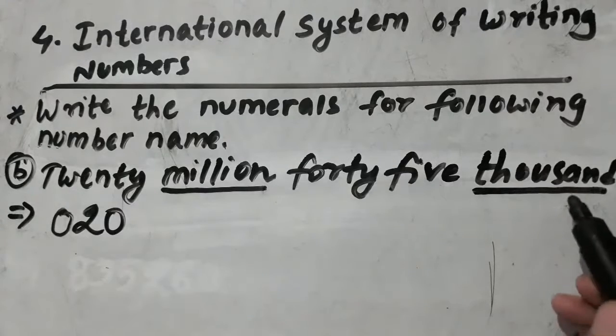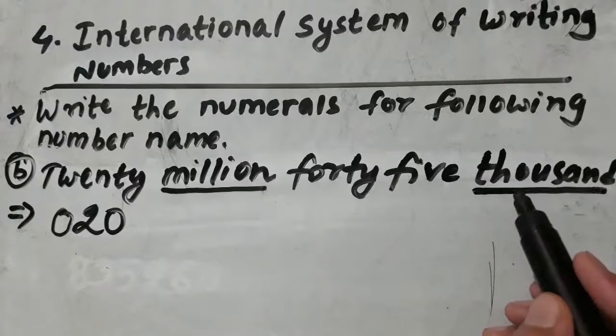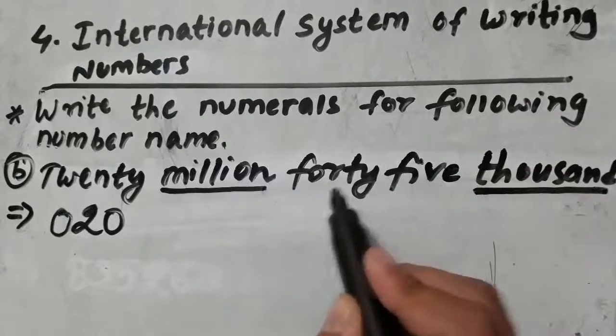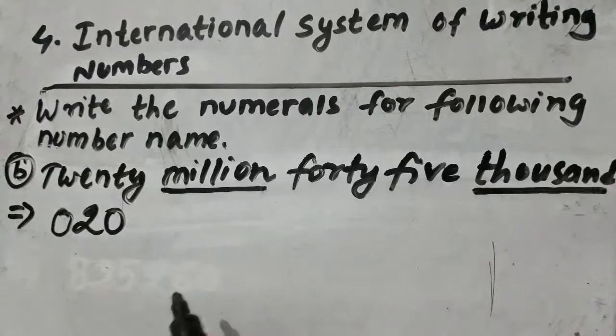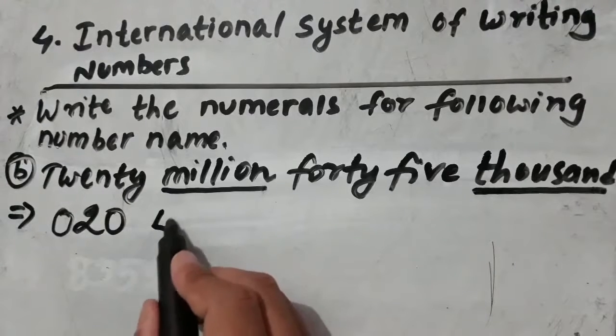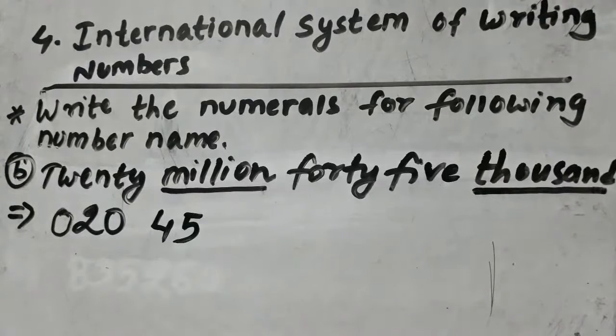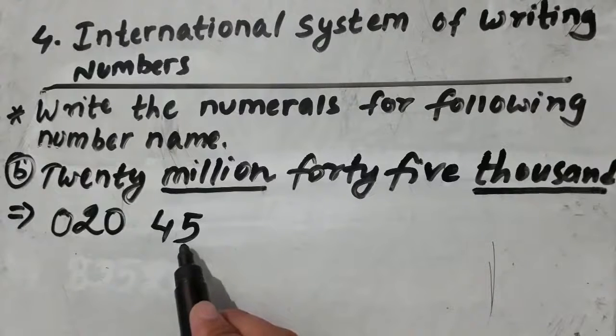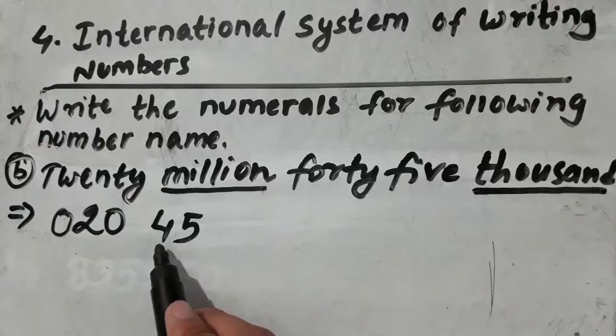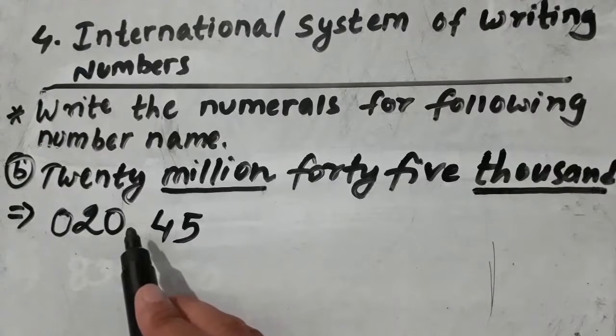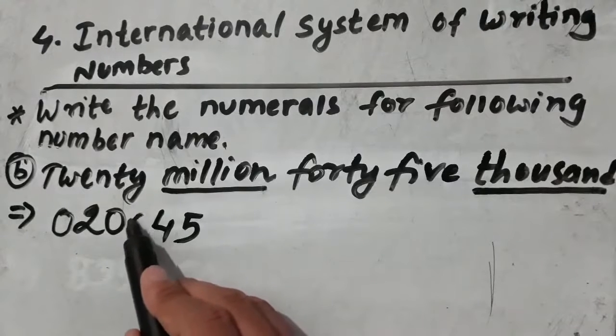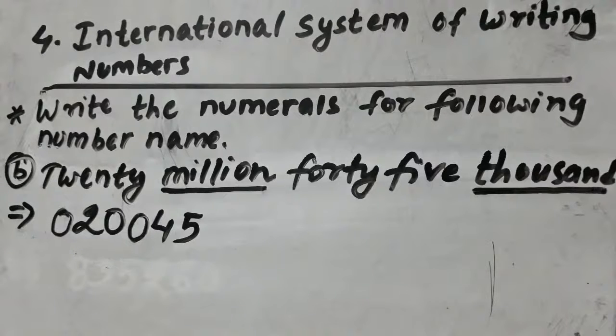Now students, let's come towards the period of 1000. Before 1000 what is there? Before 1000 there is 45. So 45 means 4 5. Now here I have maintained a gap. Why? Because 1000 also consists of 3 places, that is 1000, 10,000 and 100,000. Here 5 is in the place of 1000, 4 is in the place of 10,000. Now there is nothing in the place of 100,000. So therefore I have to put 0 in the place of 100,000.